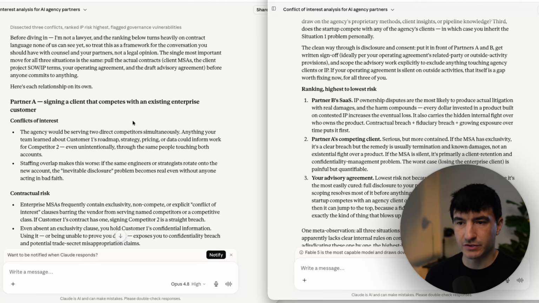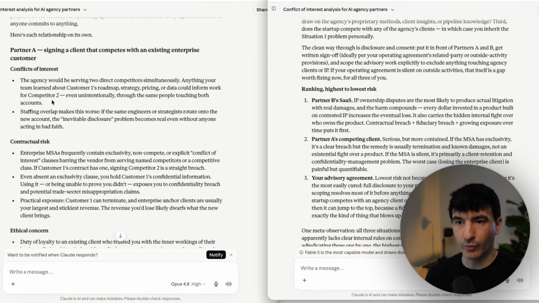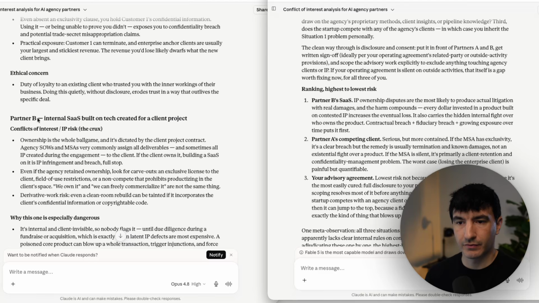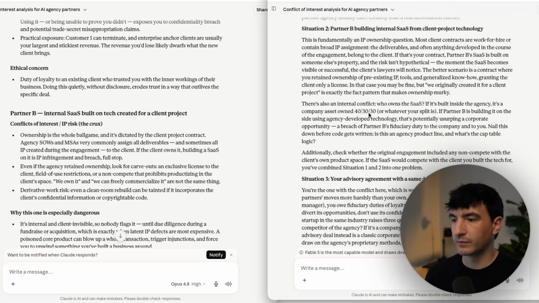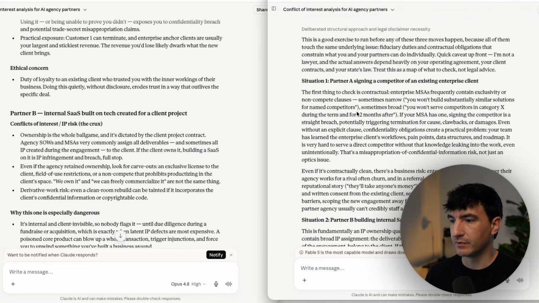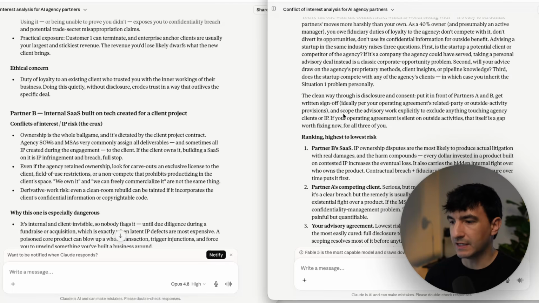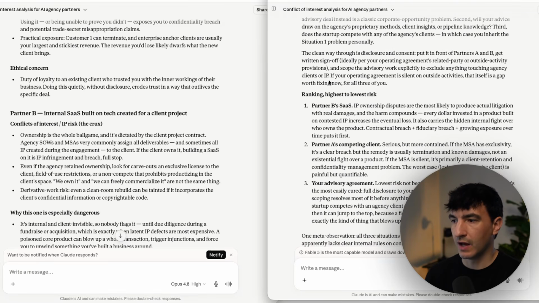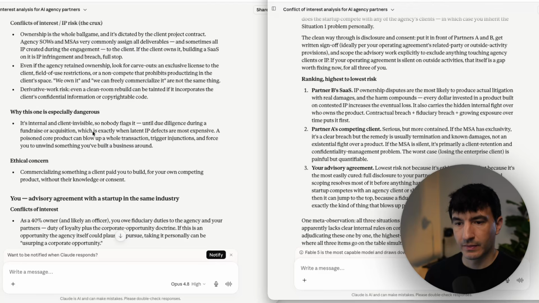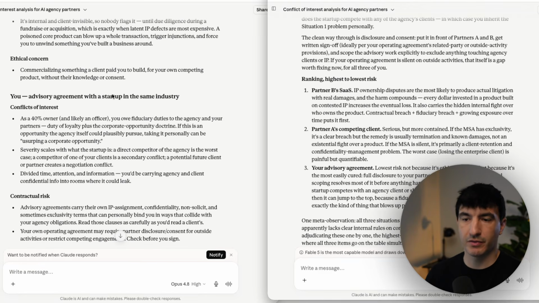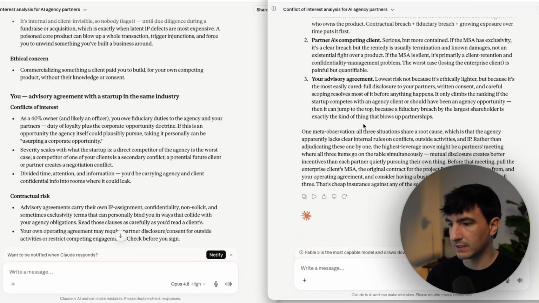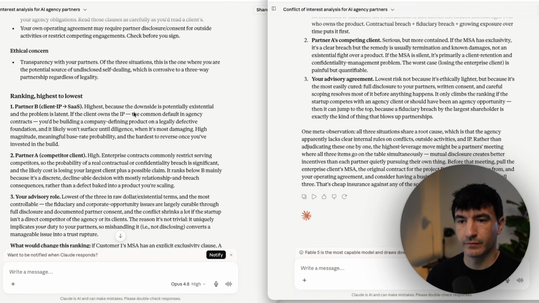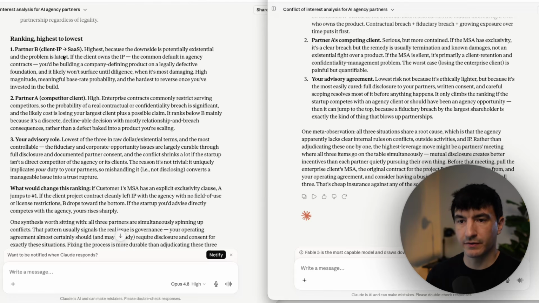just even the structure of the answer. So we have relationships in Opus. Partner A, they talk about their interests, ethical concerns. Partner B, same thing. Here, Fable goes through it and literally talks about, basically in a case study format, and then gives a rank order of de-risking. And then for Opus, it talks about partner A, partner B, and then myself. Whereas Fable approached it by talking about basically situations, case studies, and then rank ordering the risk to de-risk it. And then we also get the rank order here for